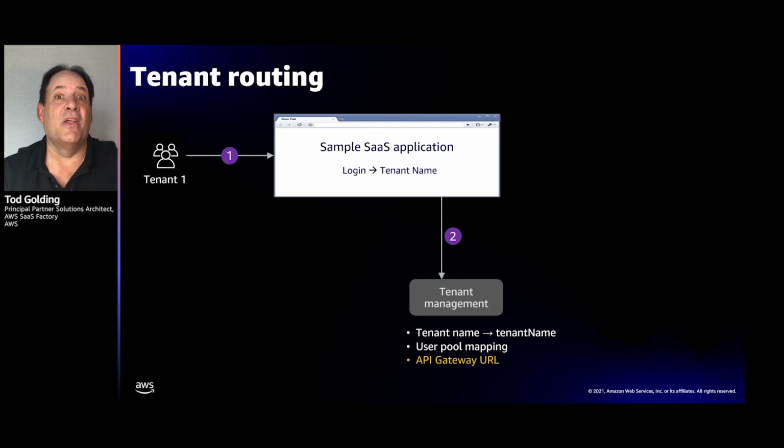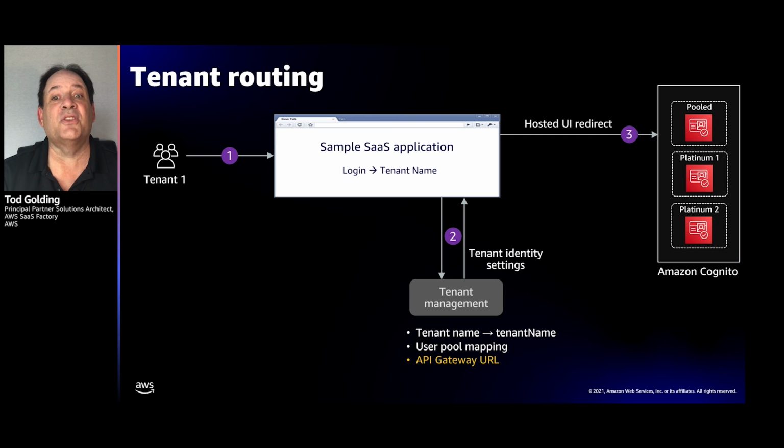And this is where that information we stored inside of tenant management, I said we would store additional configuration information in here. Well, here you'll see we've got a mapping of the tenant to the tenant name. We've got a user pool mapping to let you know which user pool to use for this environment. And we've got this URL that tells us how to route your specific traffic based on the stack. So now when we have that information and that comes back, now when we want to go authenticate you, we know which user pool to authenticate you against.